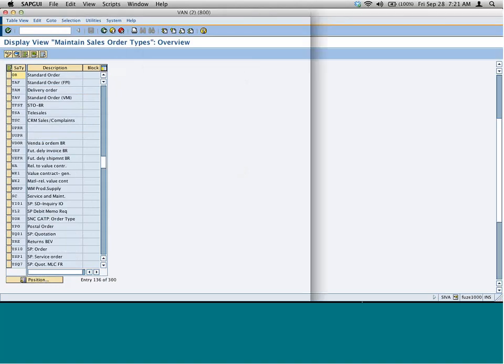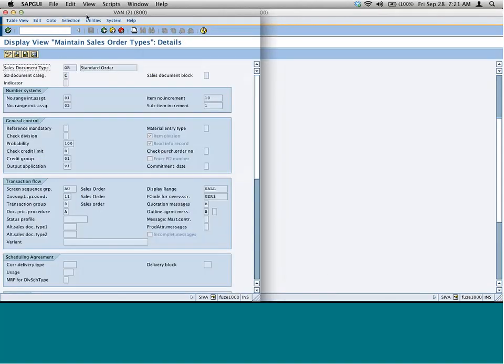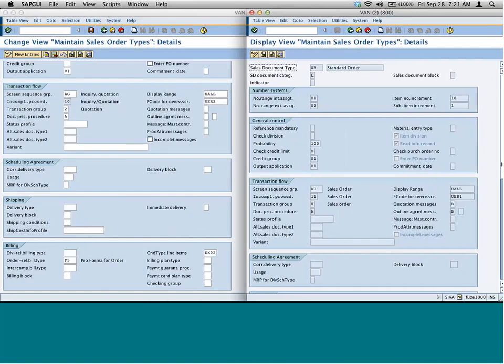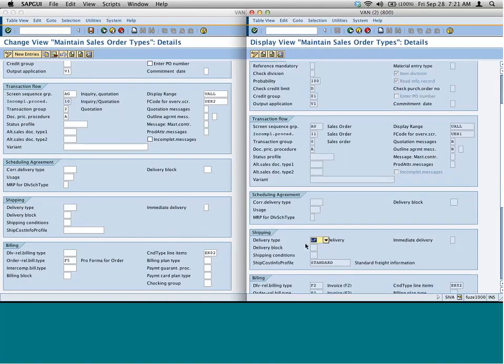Let me minimize this and go here, and you'll see that the delivery has a delivery document type in the shipping section.